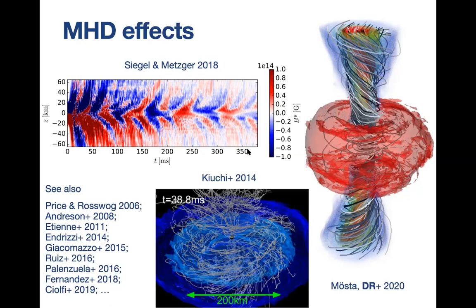But the crucial thing here seems to be also to include neutrino transport in the disk, because we have done simulations that had no neutrino cooling, and in this case, the disk thermalizes, and there is a thermally driven wind that pollutes all the area at high latitude and basically prevents launching of a jet. So instead, with the inclusion of neutrino cooling, this area clears out, and we find the production of at least a relativistic outflow, with a terminal Lorentz factor of a few. This is not quite a GRB jet yet, but it's something promising.